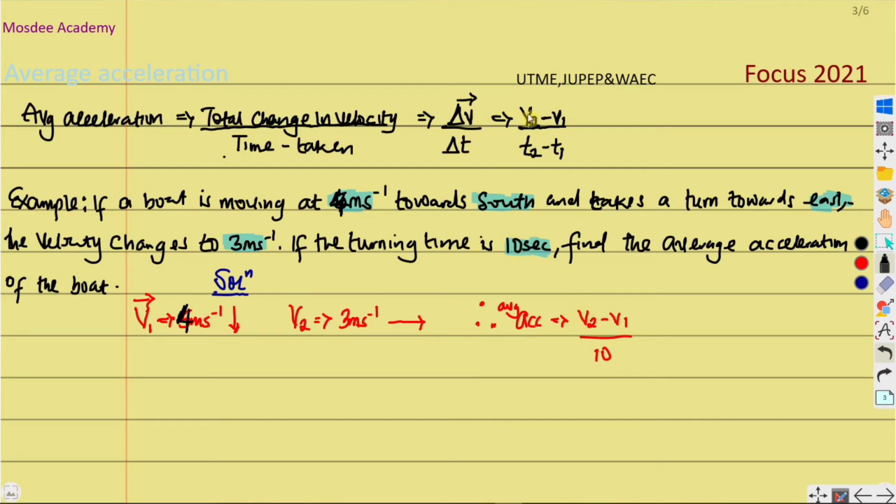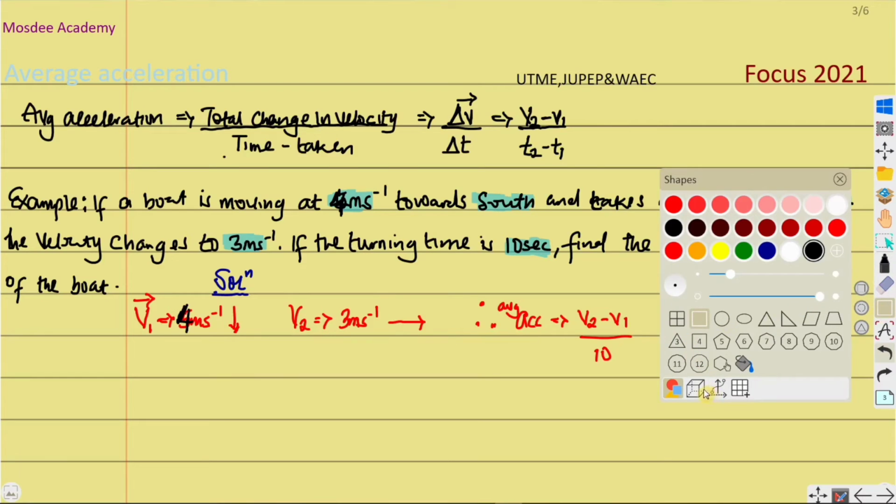So we use the formula here as v2 minus v1 divided by t2 minus t1. From here we can take it from there, a quick one. Now going by the vector diagram, the triangle diagram, which we are still going to discuss later on under the parallelogram law of vector, we have the first direction moving towards south, the second one moving towards this direction. Let us have a clear diagram to understand that concept very well.